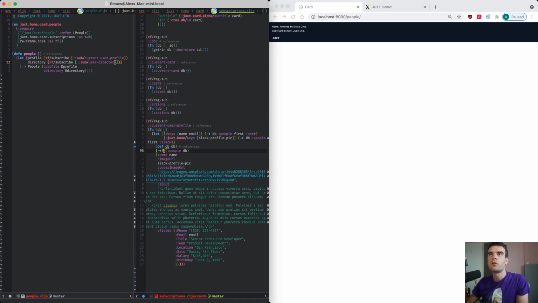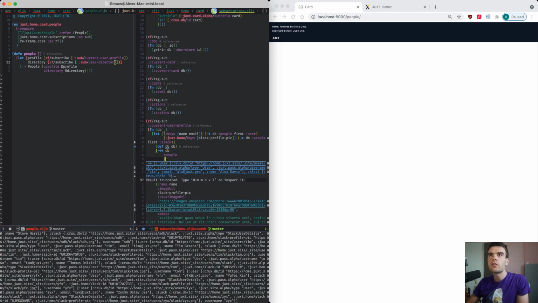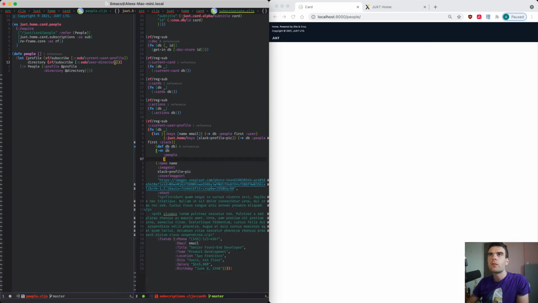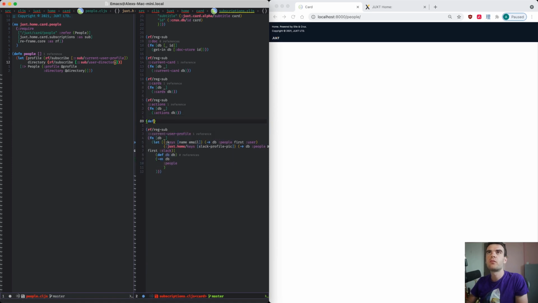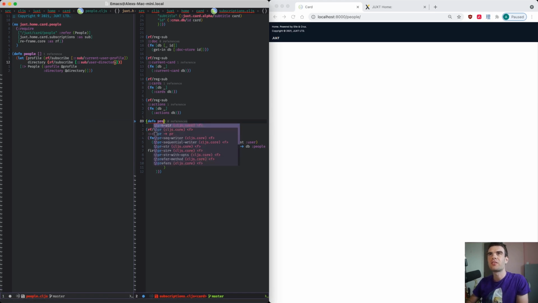So we'll want to take our people, DB people, we'll want to group by the first letter of their last name. So if we just evaluate this, okay, we've got user, we've got a list of user, CruxDB ID, users, etc. Okay, so we're probably going to want a function that turns an item that comes from the database into something that card actually wants. So we can extract this out into a normal function called db user to, I don't know, I want to call it like tailwind user, but I'm just going to say process db user,